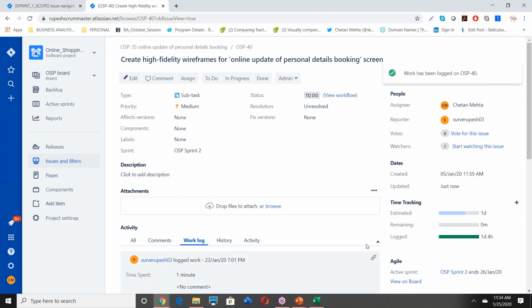But you are now in negative, right? You estimated 8 hours, but you already exceeded that, and you are 4 hours above that. So you can do that. Nothing wrong in it, but it should not happen to that extent where you estimated 8 hours and you work for like 50 hours. That's something really concerning.